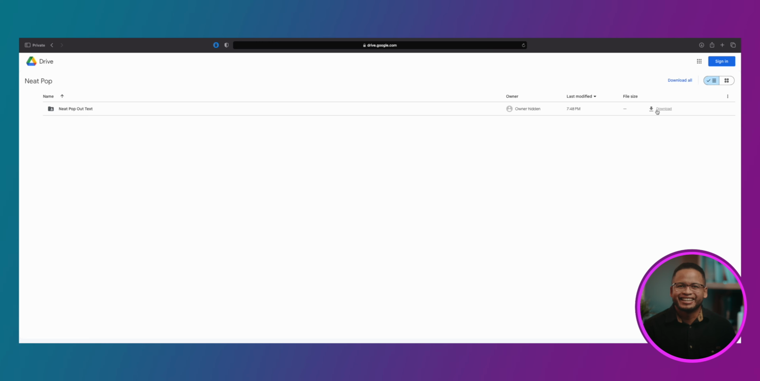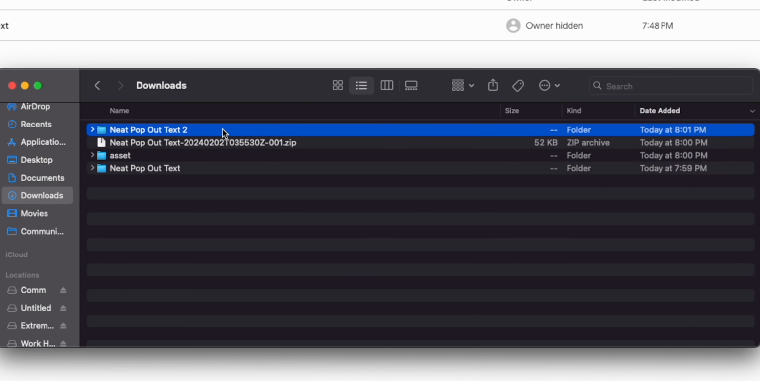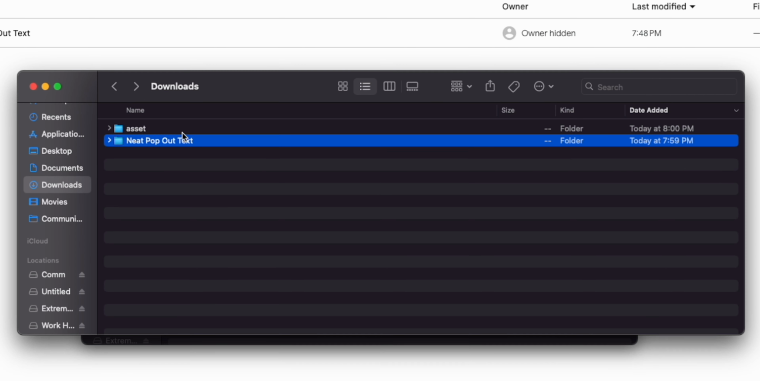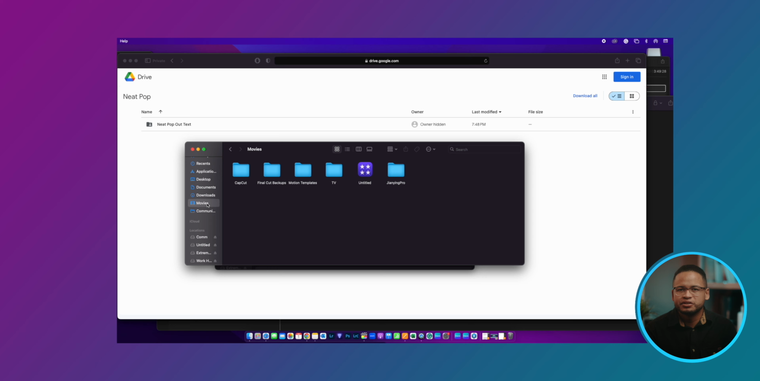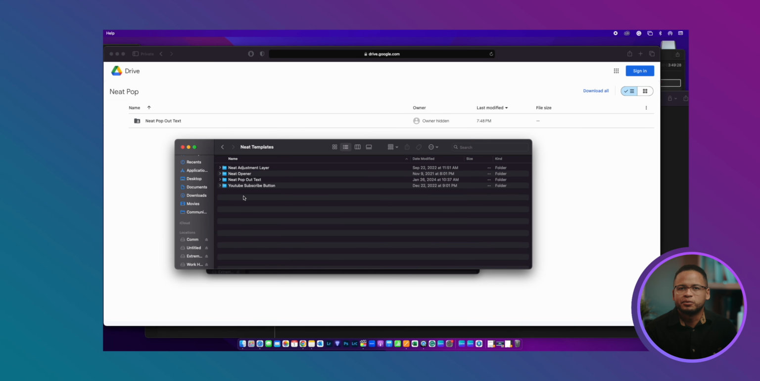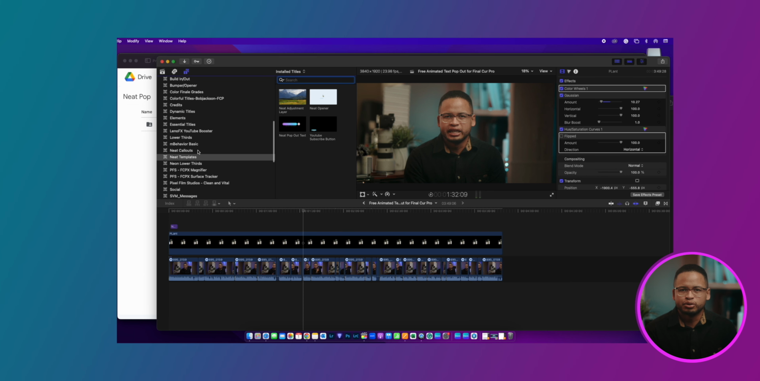Now let's go back to the text animation. Click on the download link in the description, and once you've downloaded the file, right-click on it and copy it. Then go to Movies, Motion Templates, Title, then right-click and paste. That should do it. Now go back to Final Cut Pro and you should see it in your title and